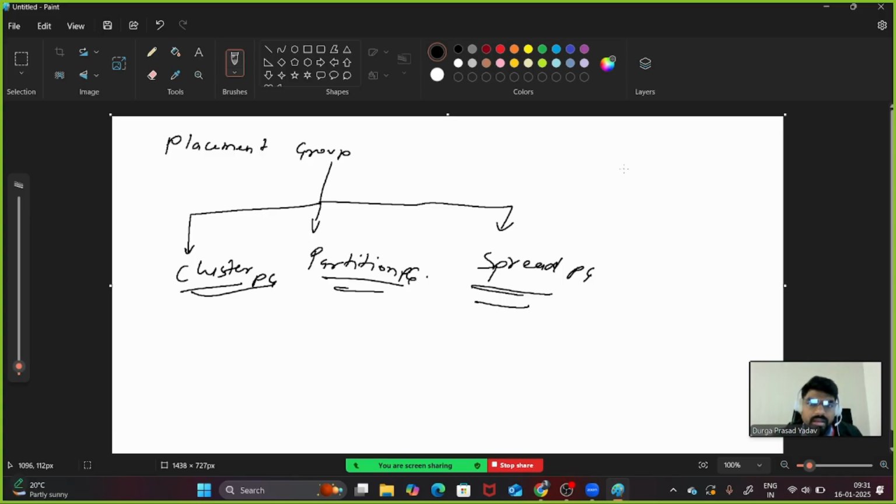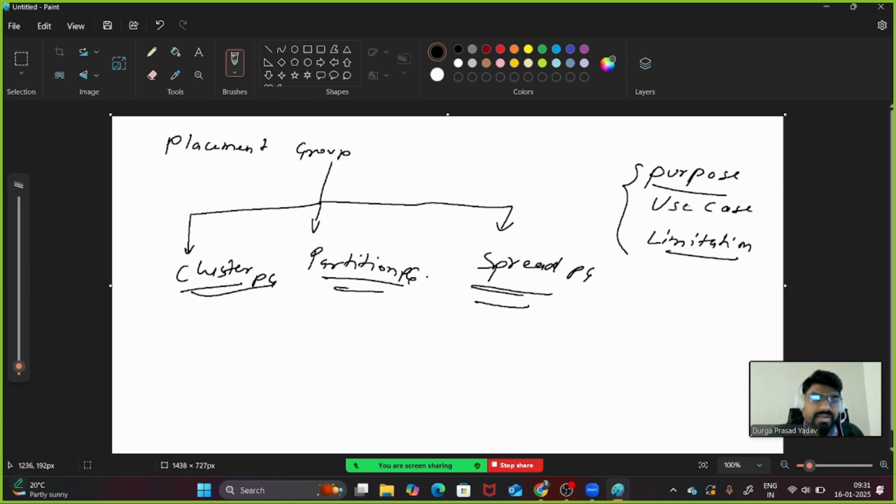If you learn the purpose of the grouping, the use case of the grouping, and along with that the limitation, these three points, purpose, use case, limitation, will define what is the use of cluster, partition, and spread placement group.